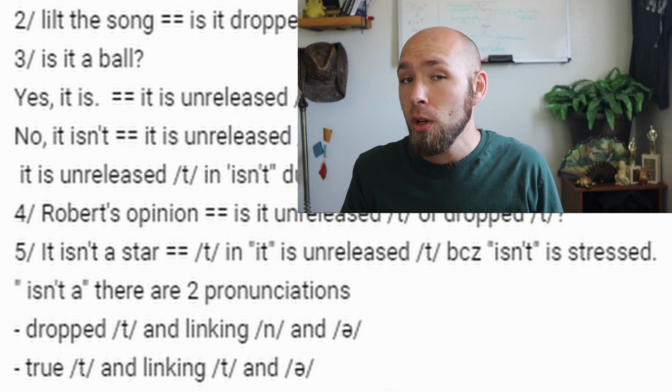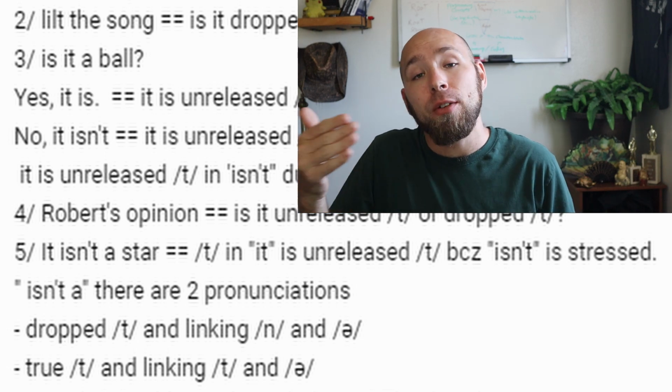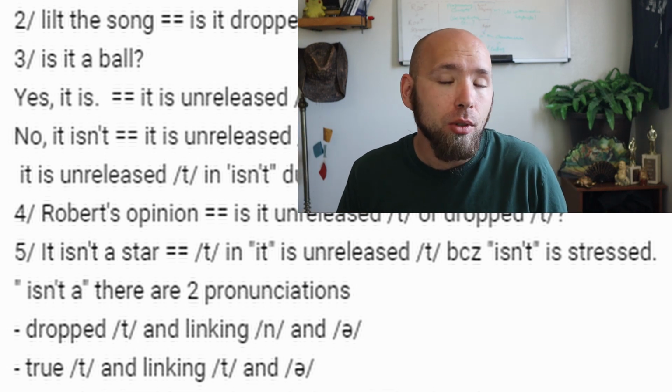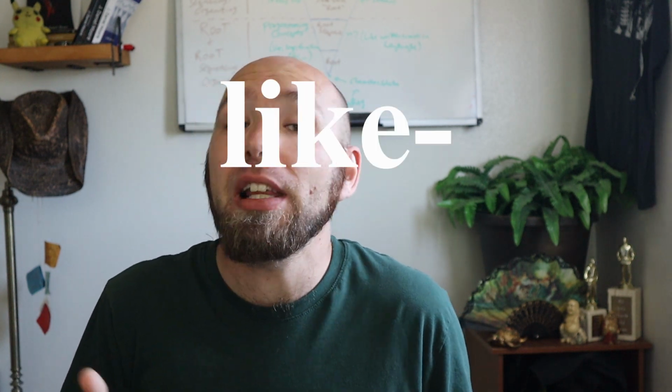Again, this is a range, but for the T sound itself, it has a lot of possibilities, and because of that, depending on where it is in the word and depending on what's after it, we might have certain things we could do, like maybe flap, or we might have certain things that are still technically possible, like fully enunciating the T sound, even if we might not do that very likely.